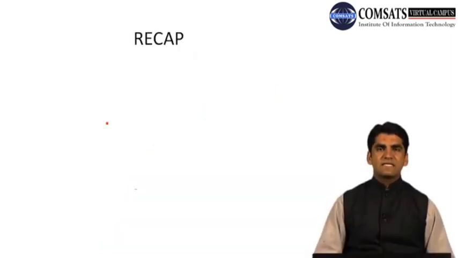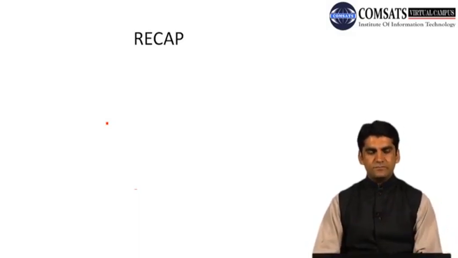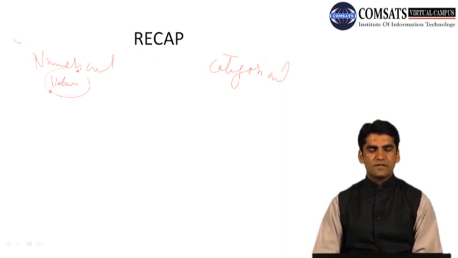And if you have quantitative data, how do you do the basic analysis that can give you an idea what kind of data you have, and what summary statistics can give you an idea how to proceed further. And in our previous lecture we have seen that we can group data into two types, that is numerical and categorical. So numerical data is one in which we can simply give a value to a variable.